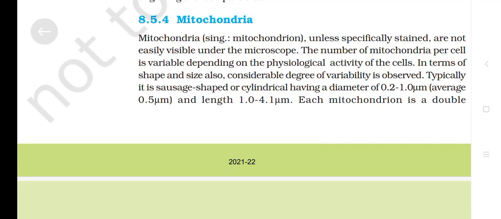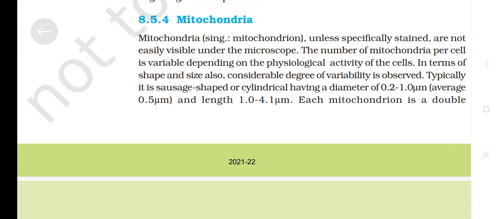8.5.4 Mitochondria. Mitochondria, singular mitochondrion, unless specifically stained, are not easily visible under the microscope. The number of mitochondria per cell is variable depending on the physiological activity of the cells. In terms of shape and size also, considerable variability is observed. Typically it is sausage shaped or cylindrical, having a diameter of 0.2-1.2 μm, average 0.5 μm, and length 1.0